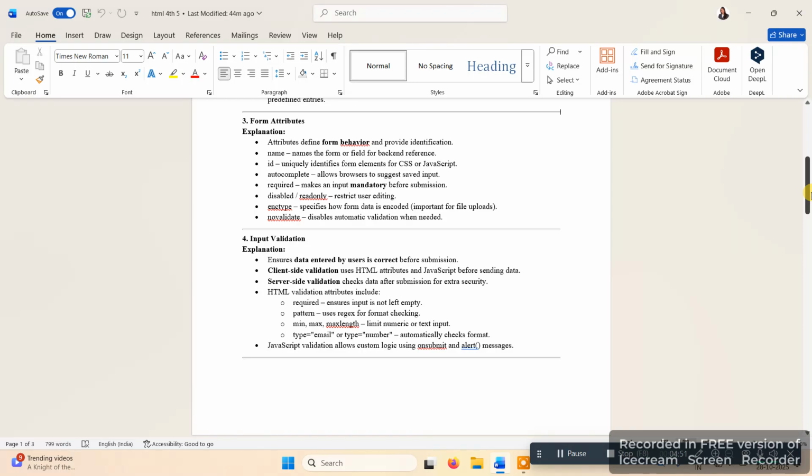Client side checking happens before the data is sent, using HTML or JavaScript. In server side checking, a